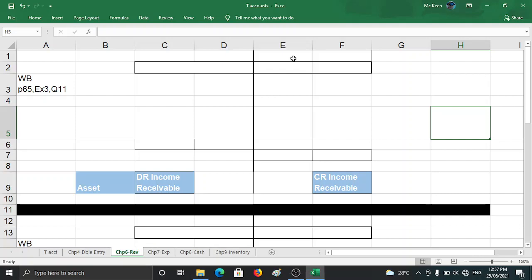Okay, today's topic is on chapter 6, revenue and income. So the question we are tackling today is page 65, the workbook exercise 3, question 11. Landlord charges rental. So what is given here, we know that the financial year end